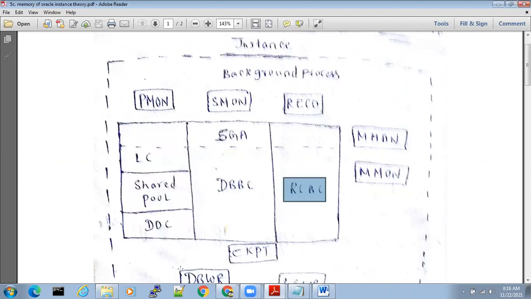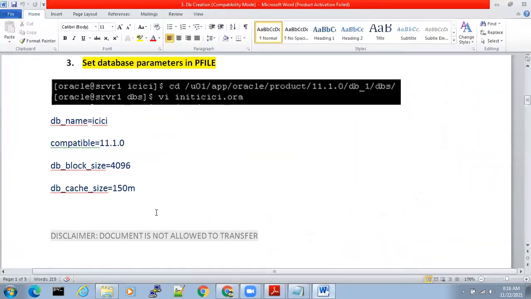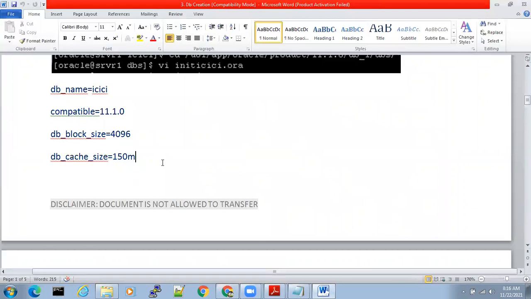As I told you, we have a lot of versions in Oracle, like 9i, 10g, 11g, 11g release 1, 11g release 2, 12c, 12c release 1, 12c release 2, and next 18c, 19c, like that. Before 10g, listen carefully, this background process was not there. MMAN was not there. Why? Before 10g, this is how we used to create the database and start the instance.